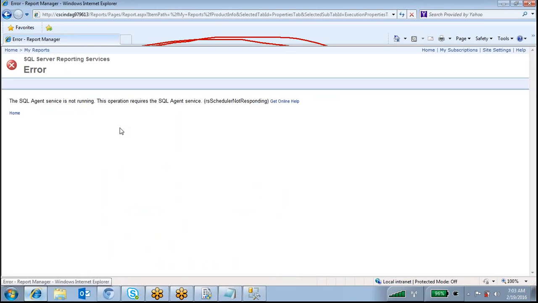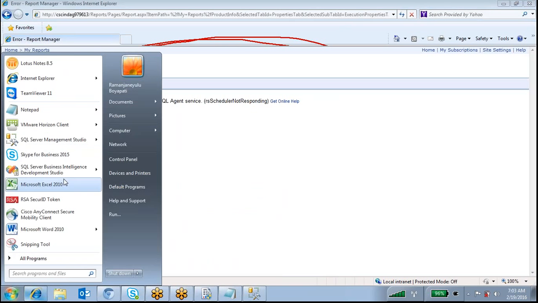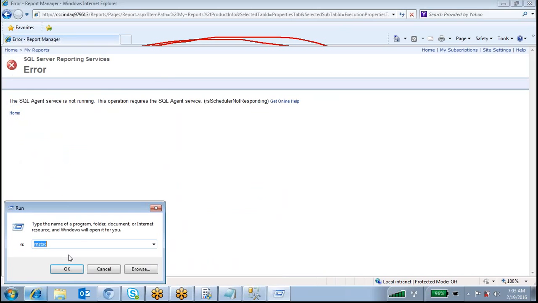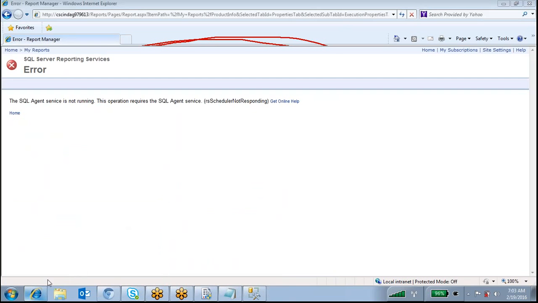So if you want to schedule anything, if you want to run snapshots or subscriptions, definitely you have to start your SQL Server Agent in running mode. How to start this service? You can go to services.msc, or you can start it from SQL Server Management Studio also.